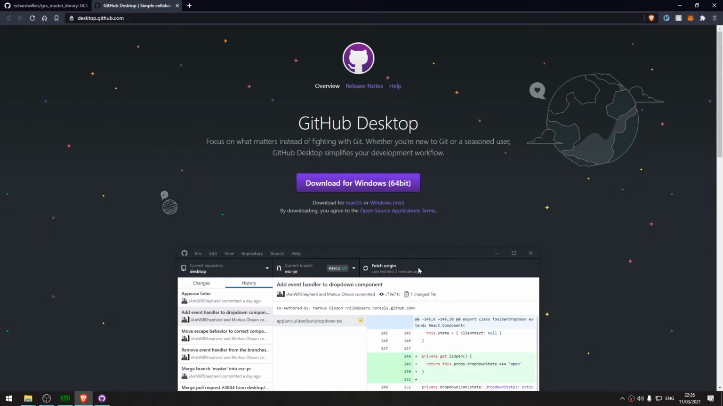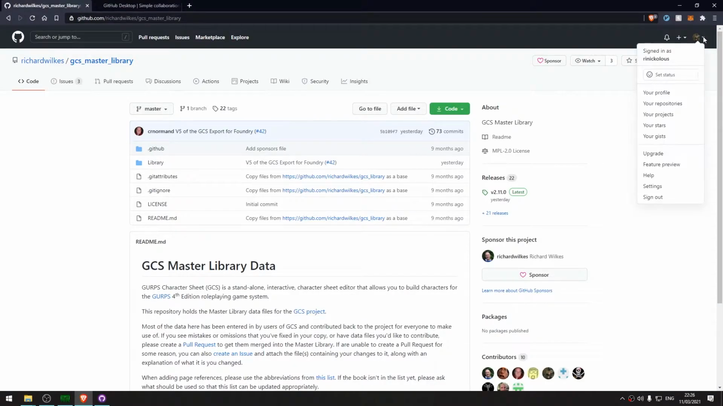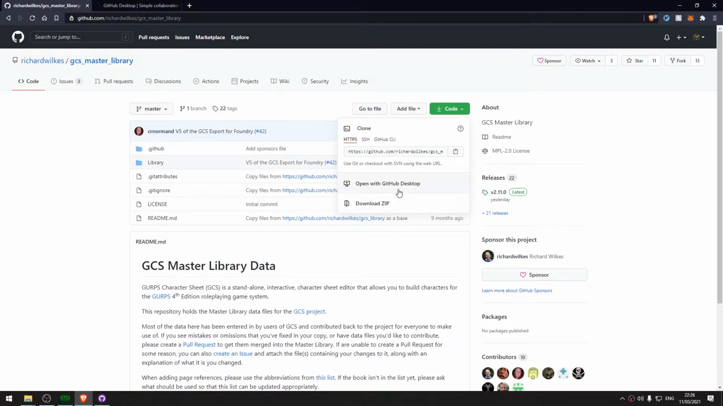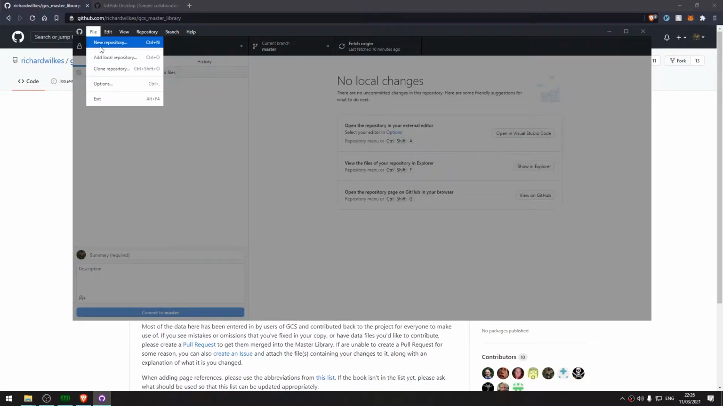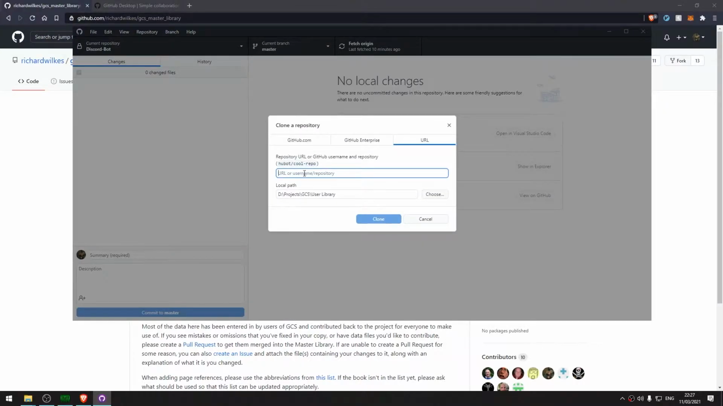I've already completed the installation for GitHub Desktop and logged in with my GitHub account. If you don't have a GitHub account, you'll need to set one up. To clone this repository using GitHub Desktop, either press Open with GitHub Desktop, or if that doesn't work for some reason, you can always copy the URL, clone a repository from File, Clone Repository, paste the URL in,